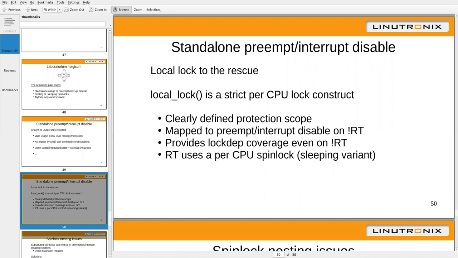And the local lock is really nice because on RT we just make it look different under the hood and use a per-CPU spin lock, the sleeping variant, the substituted variant, and so we have full protection, which works on RT and gets rid of the interrupt or